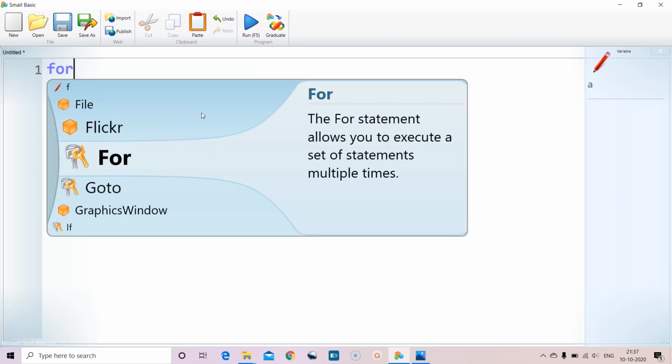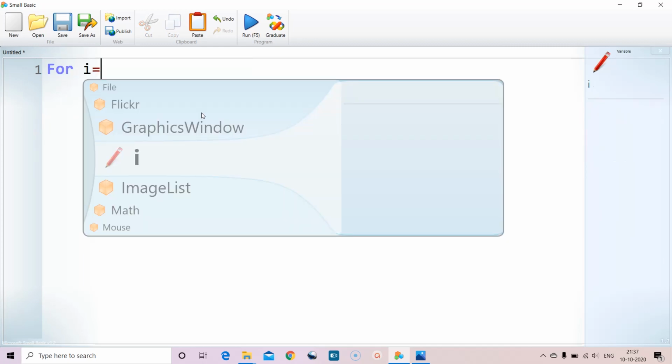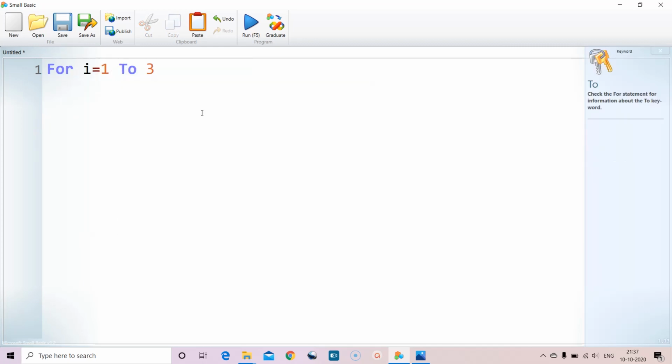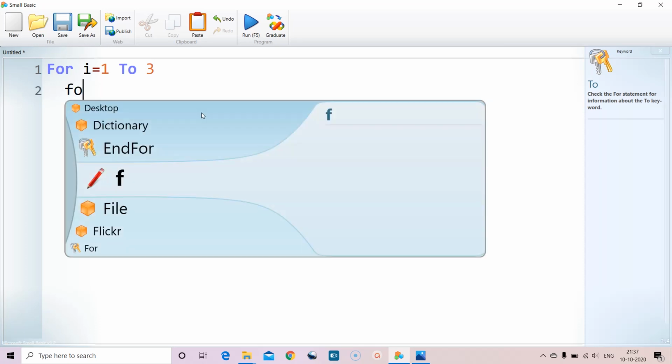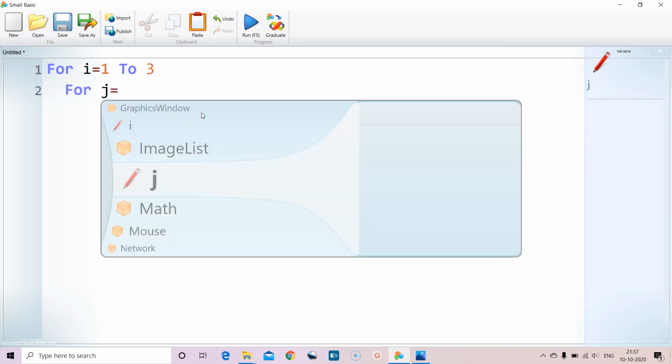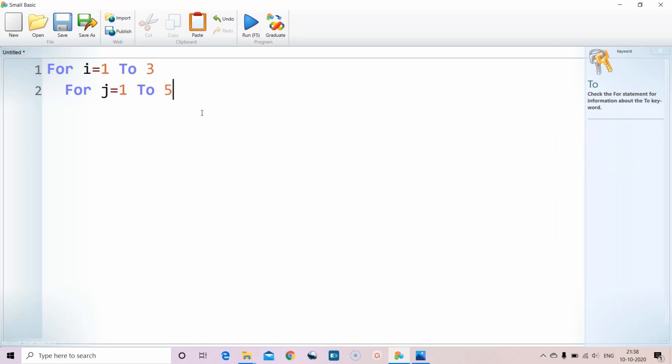So let us say for I is equal to 1 to 3. So these are the rows. Let's assume these are rows. For j is equal to 1 to 5.